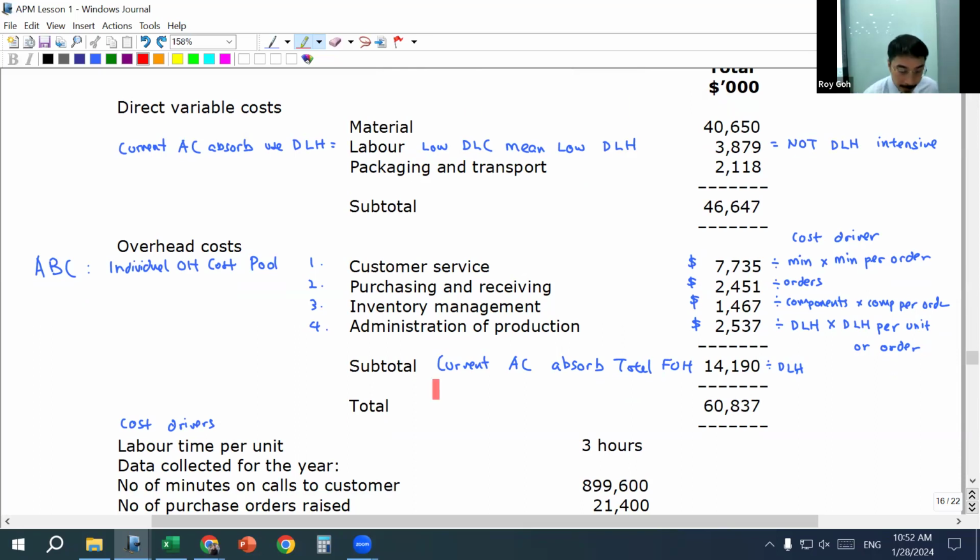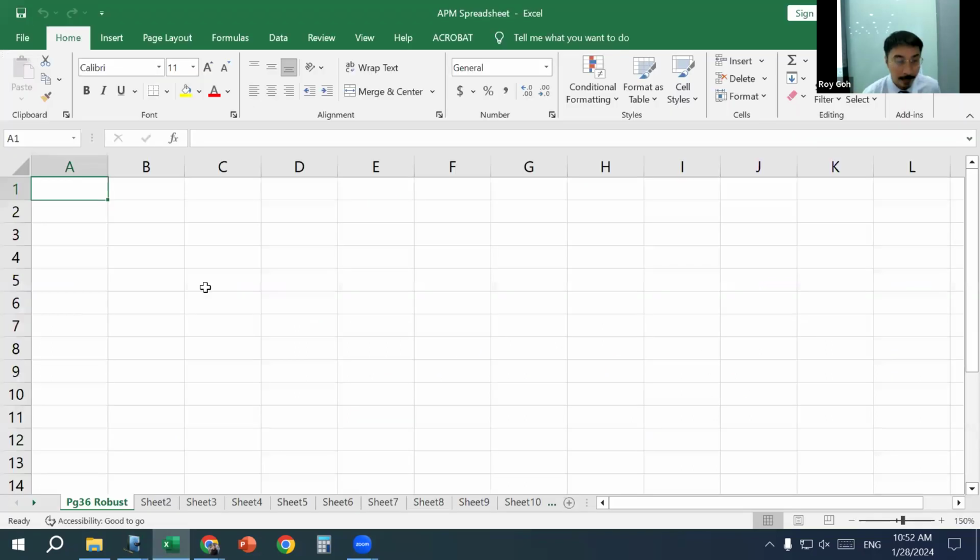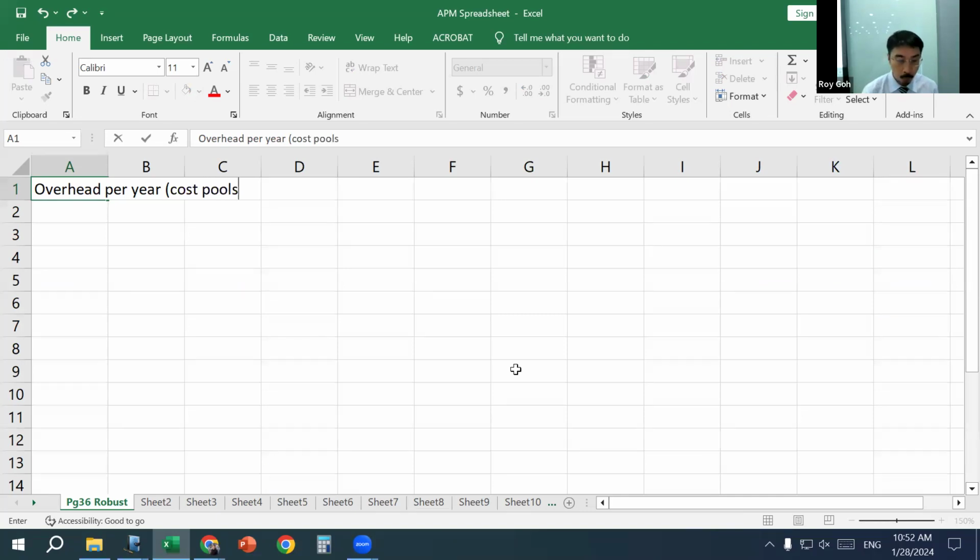Here, let me do that. This is known as the overhead per year, which is known as the cost pool. So I'm going to use normal dollars. Then I will match it with the